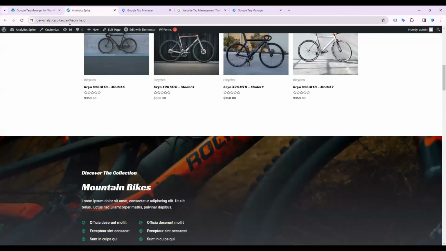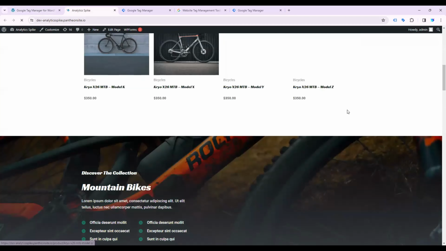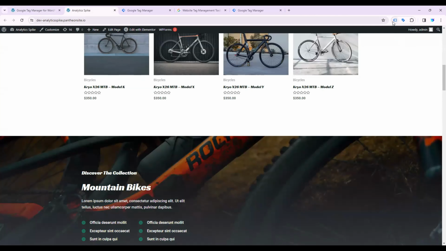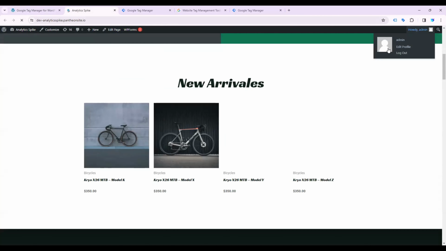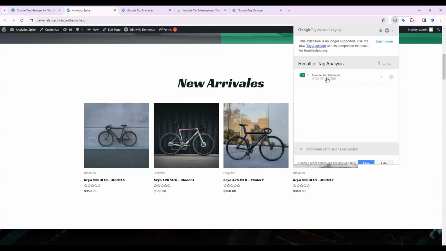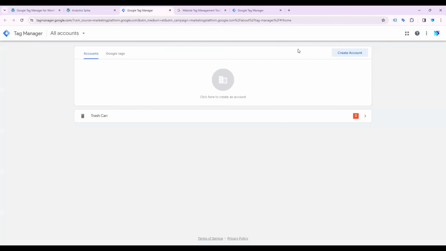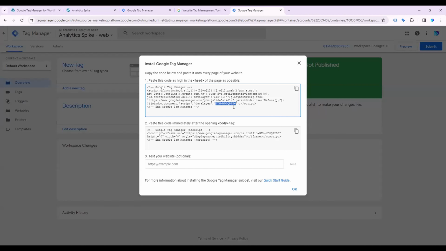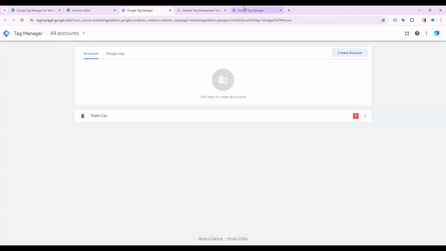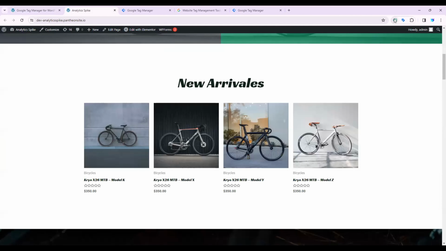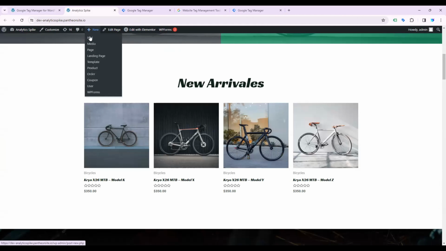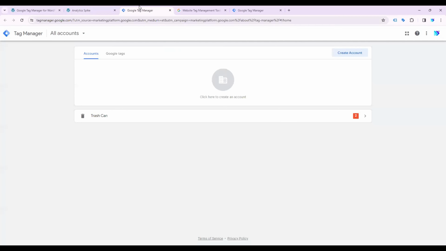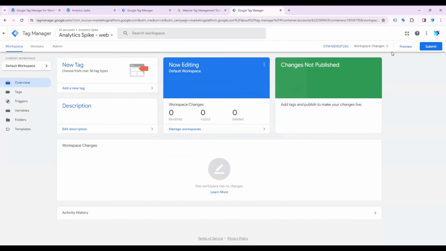Then go to the website. Then reload this page. Then click this extension named Google Tag Assistant Legacy. Reload again. This is the Google Tag Manager ID. Check the ID. Last digits B6. B6 website ID, Tag Assistant ID. B6 ID. Already done. Copy this website, then go to Google Tag Manager, then click preview,